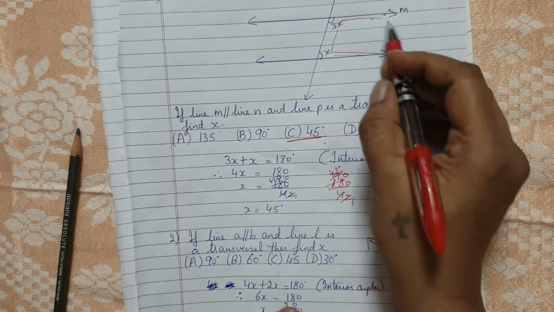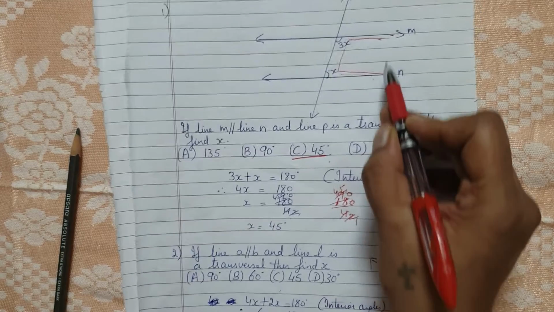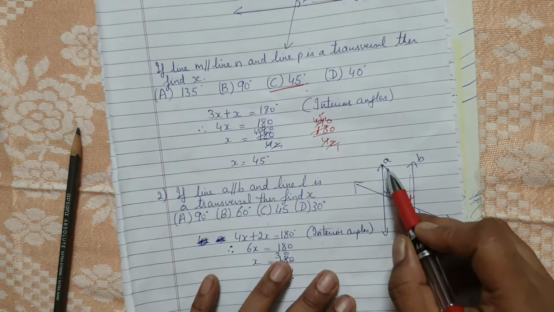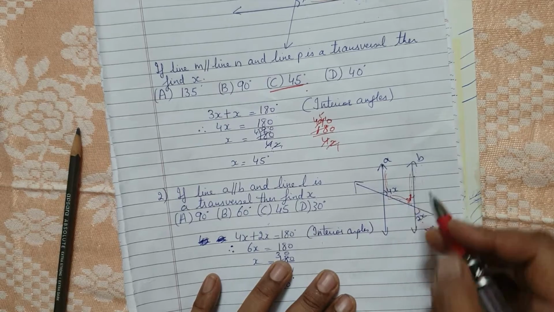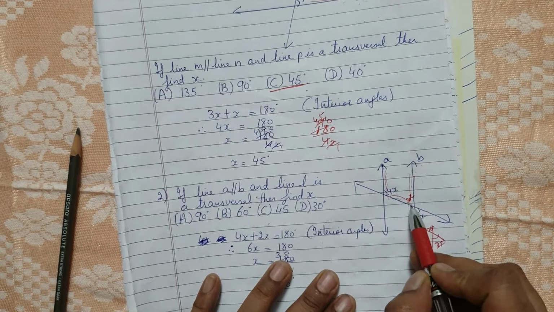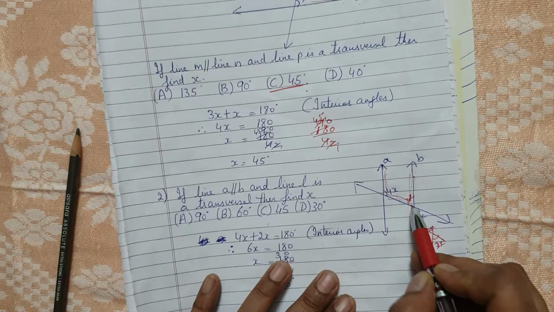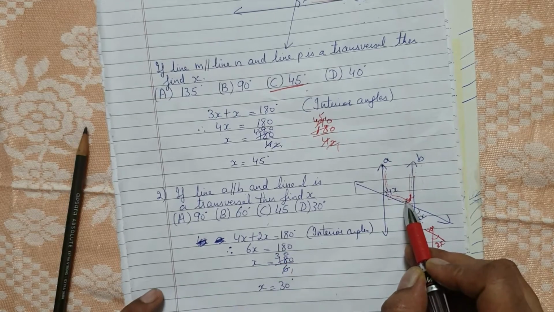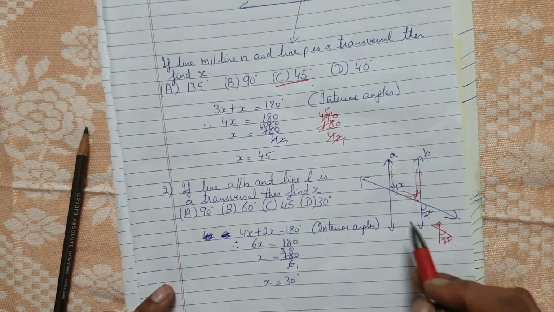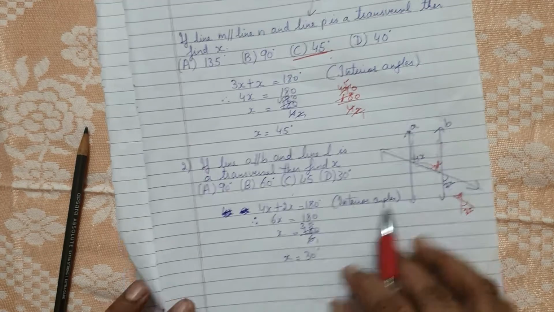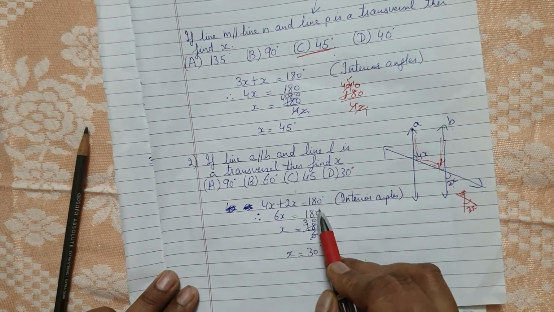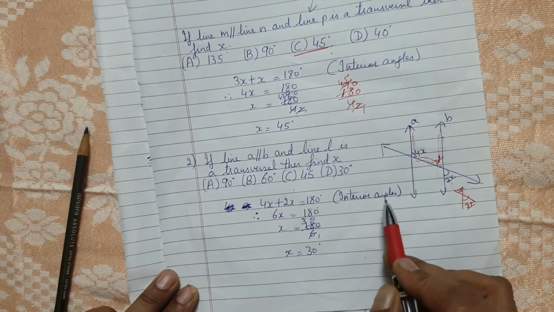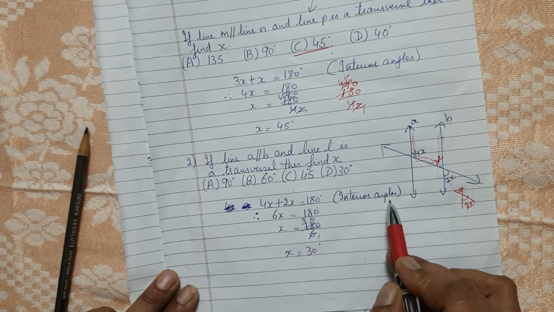Like how here it was formed an open box, here it was formed an open box, like this also one open box is formed. So they became interior angles. So 4x plus 2x is equal to 180 degrees because interior angles are supplementary angles, so their measures are 180 degrees. You have to write 4x plus 2x is equal to 180 degrees, and in the bracket you have to tell the reason, interior angles.